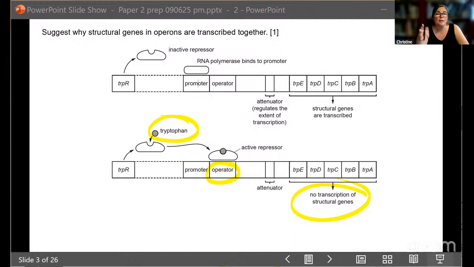And that's why with prokaryotes, they will have these operons. The operon is where there's one promoter and these structural genes are all transcribed together. So the mRNA is produced together because it happens simultaneously. Transcription and translation happen simultaneously in prokaryotes because their